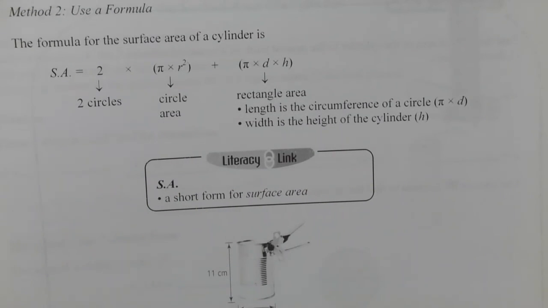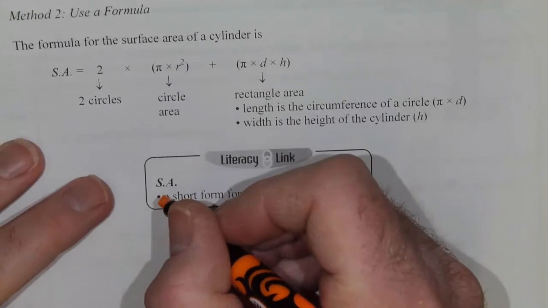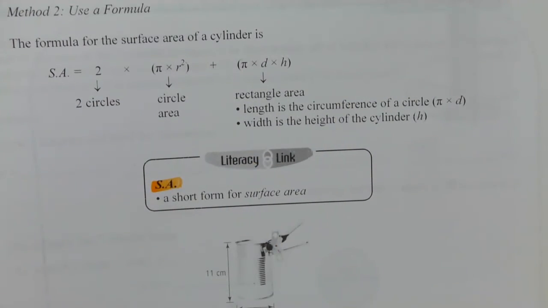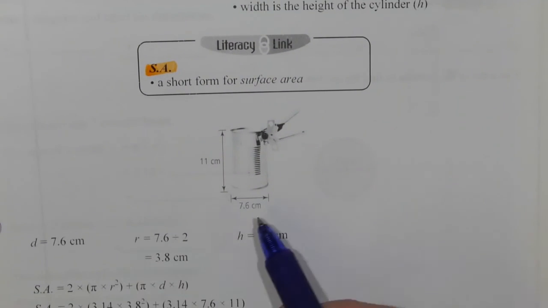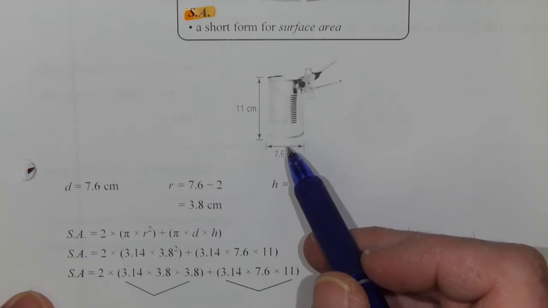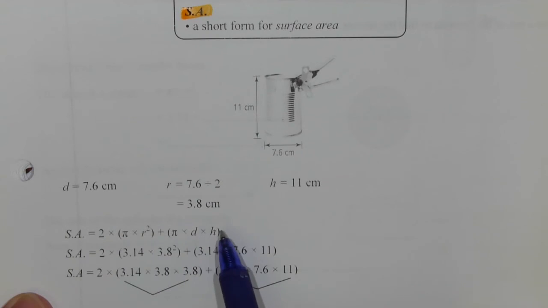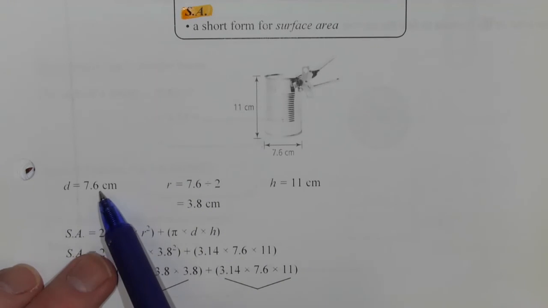So, as I just said, SA is short for surface area, and you'll frequently see that. You might see TSA as well, total surface area, as a marking. So with our cylinder here, the tin can, we can take our formula. We know the diameter is 7.6